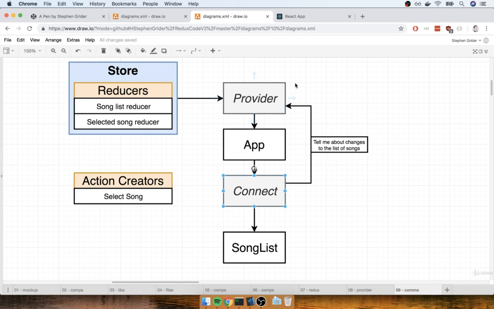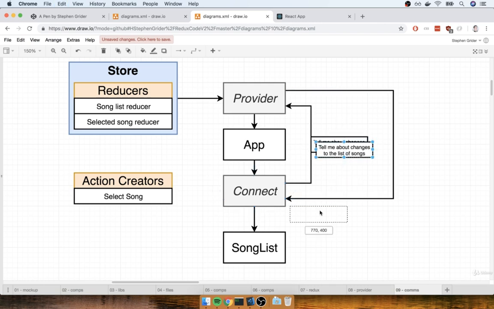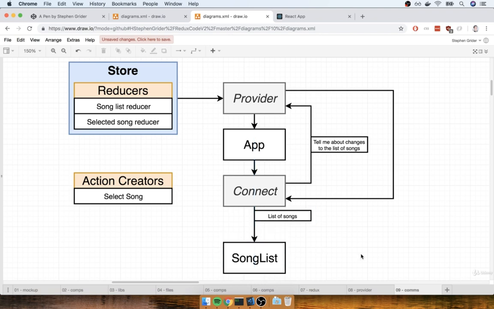And then the provider in return is going to say, all right, sounds great. Well, here's our current list of songs. And so it's going to send that list of songs back down to the connect component down here. The connect component, in turn, is going to take that list of songs and pass it as a prop down into our song list component. So that's what's going on with the data that is inside of our store.